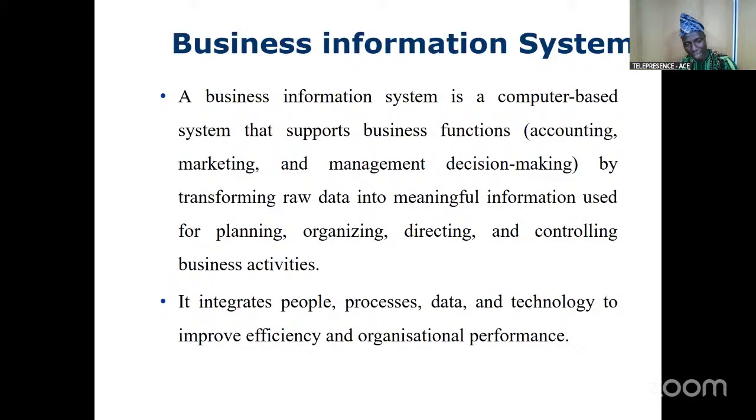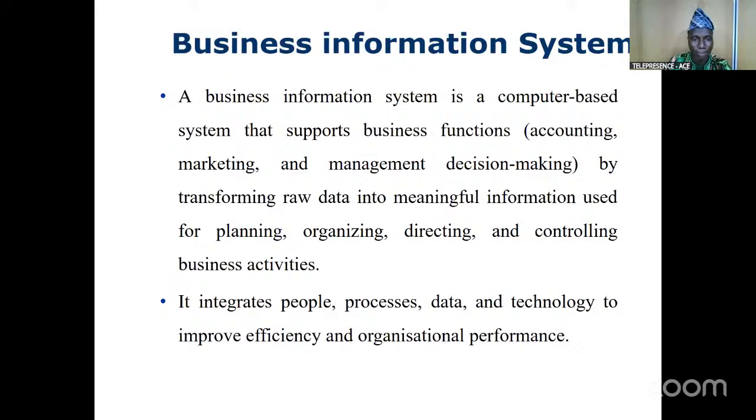You now see we are saying transforming raw data into meaningful information that will enhance adequate planning for a business organization, that will help the business organization to organize themselves in a better way, that will be used for controlling